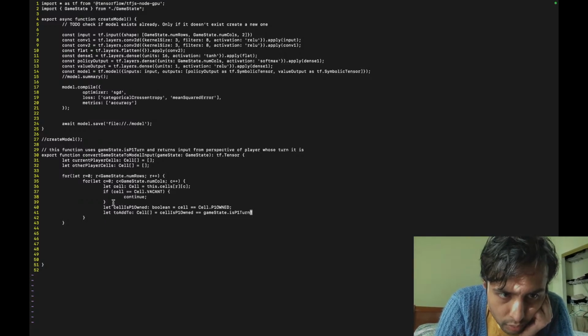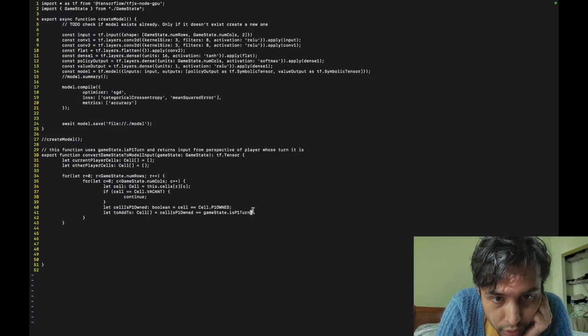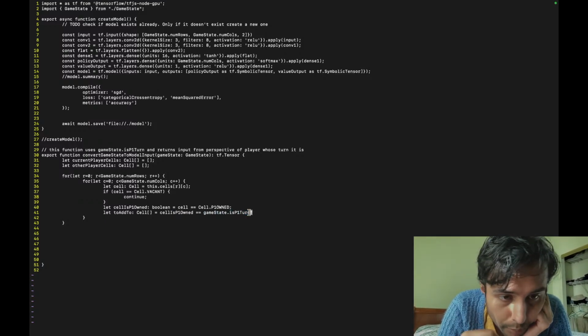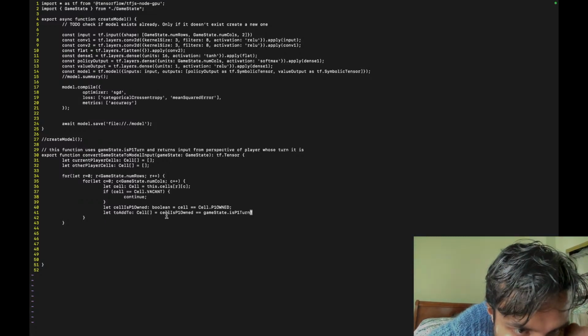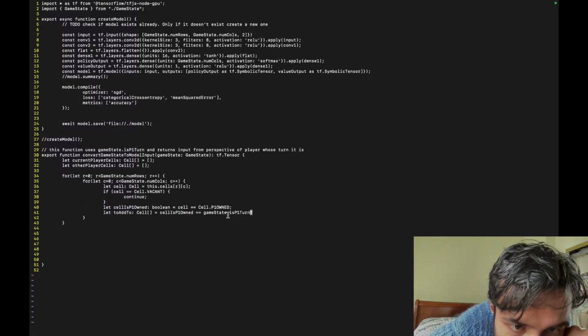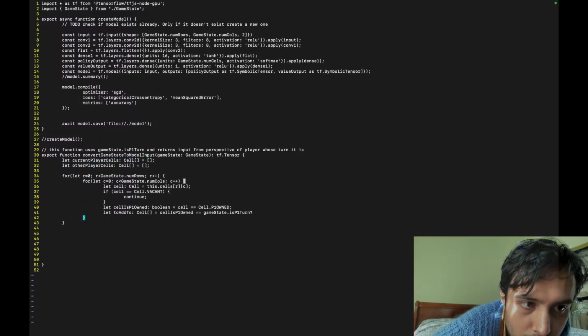Okay, so now let's just say that this is true, right? Let's say that this cell, which we're iterating over, is player one's owned. If it's a P1 cell, and let's say this is true, and this is true, right? If they both are equivalent, they could both be true or false. Let's just say they're both true without loss of generality by symmetry. If cell is P1 owned, and it's player one's turn, then it is the current player, so we add it to that, right? That makes a lot of sense.